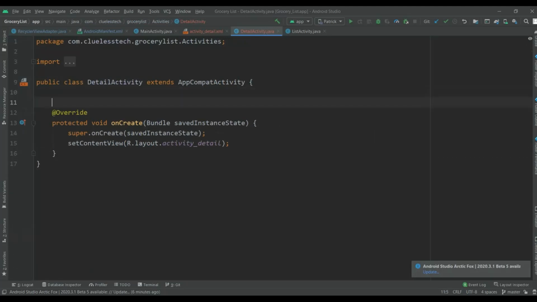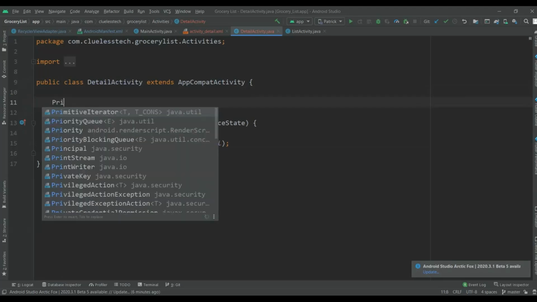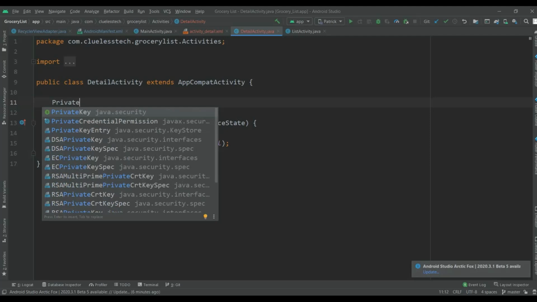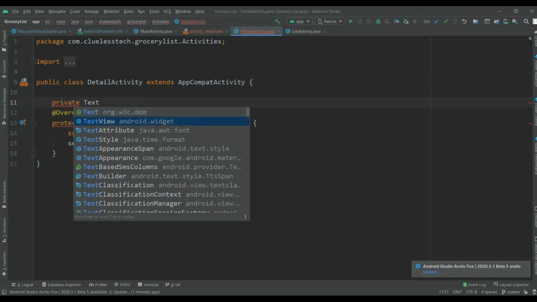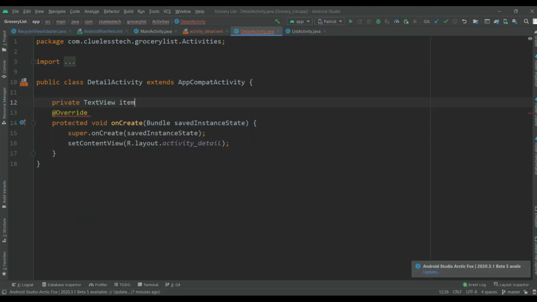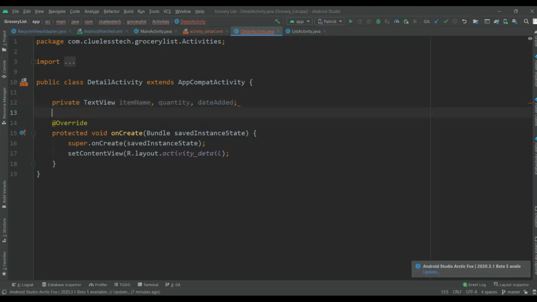Okay, so now inside this detail activity, first declare text views and an integer to get the data. Private TextView will be itemName, quantity and dateAdded, and private int groceryId. Okay, so now